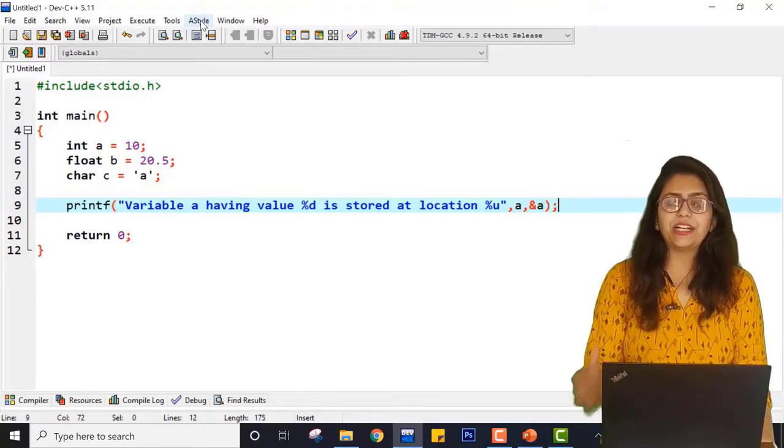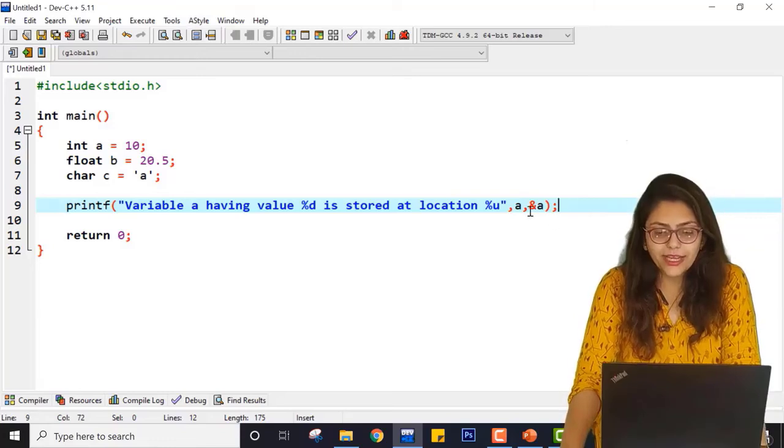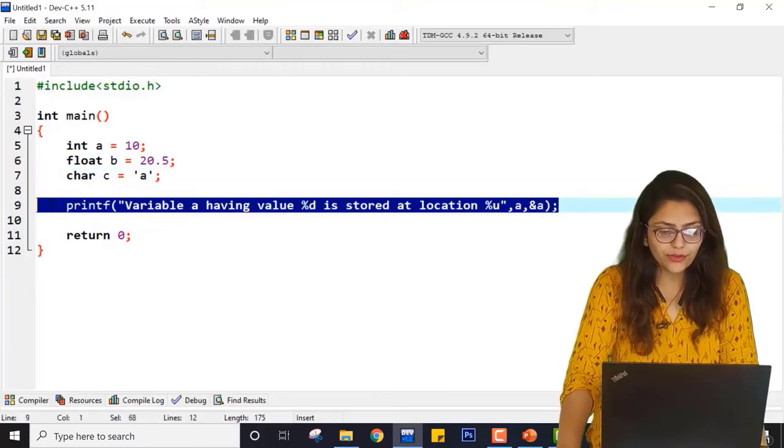So even in printf I am writing &a. Remember this &a is nothing but the address of a. So whatever we were passing in scanf was nothing but the address of a, right?